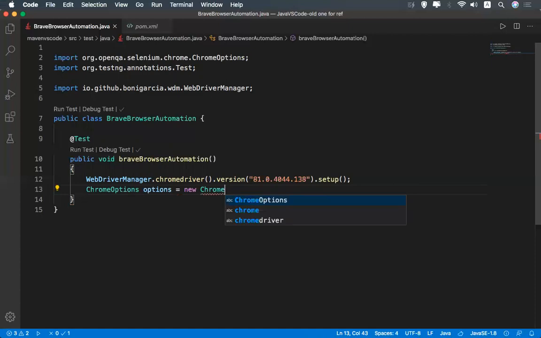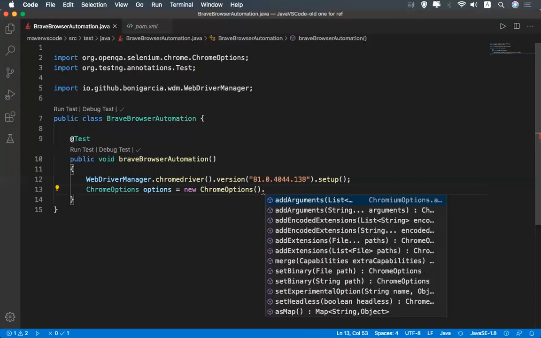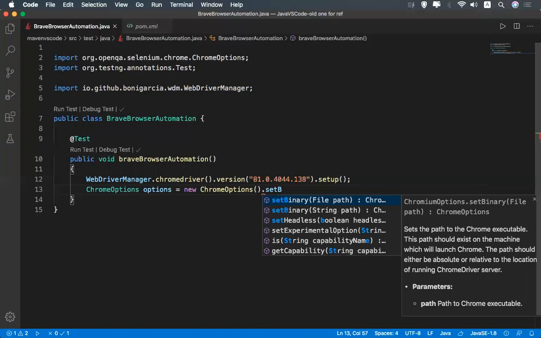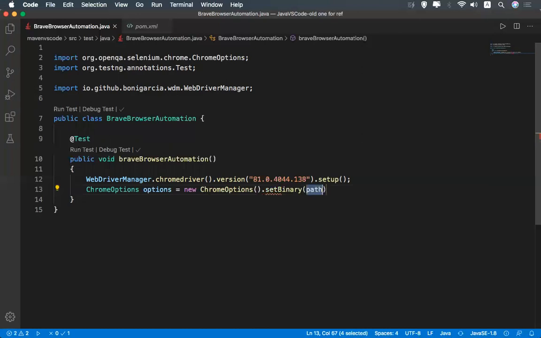While recording, it is becoming very, very slow. Dot, you have one of the options called setBinary. You see that? setBinary with a file path. And here you need to mention the path of your Brave browser, where it is installed.